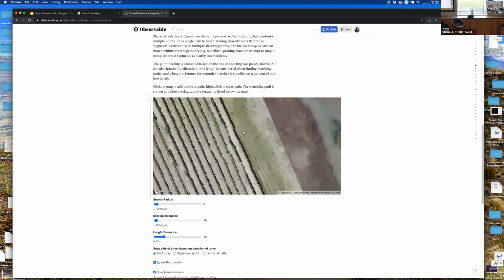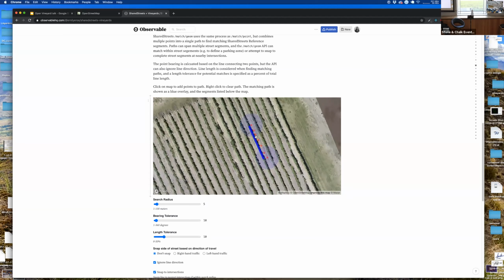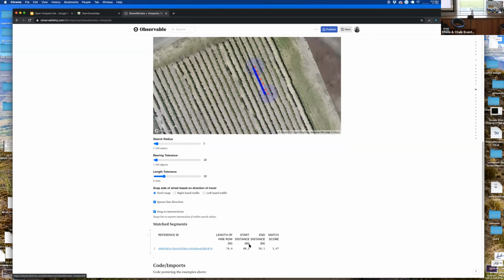Same thing if I am moving down and I want to be able to say this whole section has something that I want to report. I can start to draw my way down here. And again, instead of getting a collection of points, I've got this blue line and I can say, okay, here's the reference for the row. I started at 40 meters, it ended at 56. So this is something that people can build on top of and start to think about, how do you customize this, or how does this become part of a stack of something that's useful for your own work?